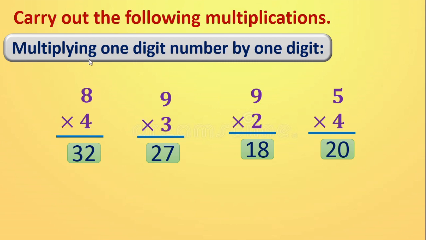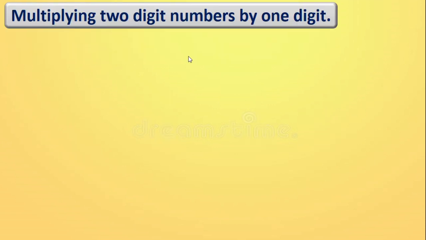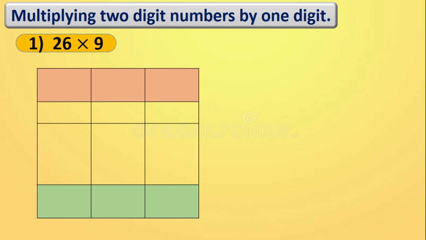Now we will move to 2-digit multiplication by 1 digit. I will take the same number, that is 26 multiplied by 9. Okay, but here we will follow vertical method. See, this is our table, unit, tens and hundreds place. Right? Now we will write 26, 6 in the unit place and 2 in the tens place. Yes, multiplied by 9. This is in unit place because single number is there.